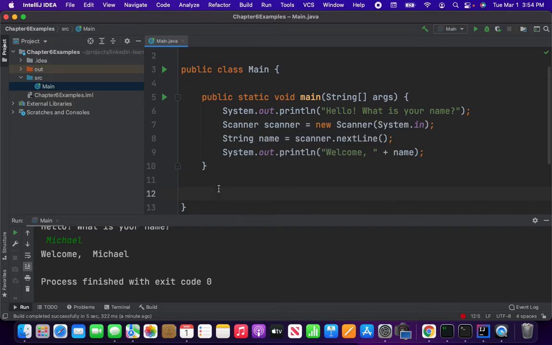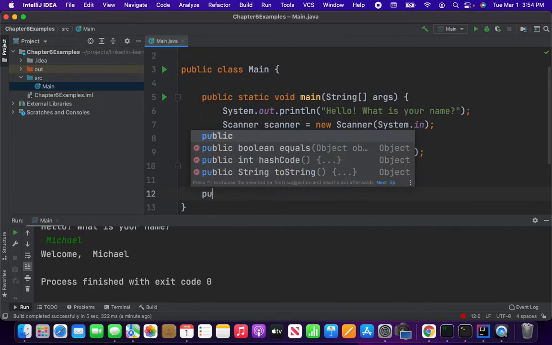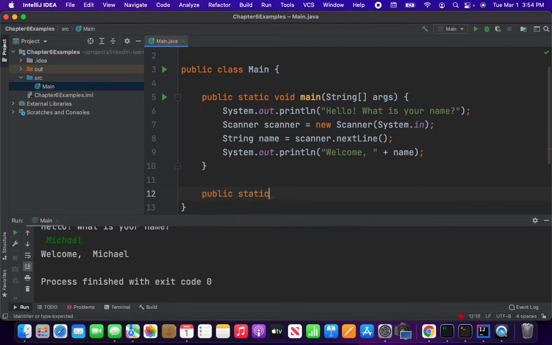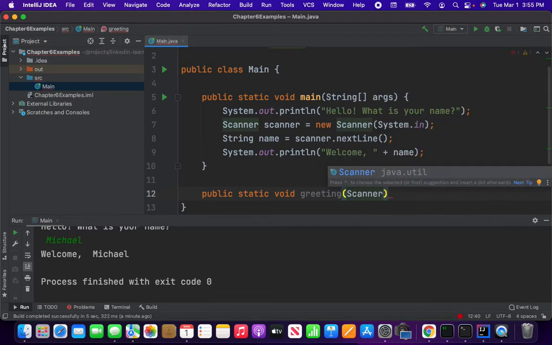So for right now, I'm going to use public static void, and the name of this method is going to be greeting. And I want my method to accept a parameter of scanner,